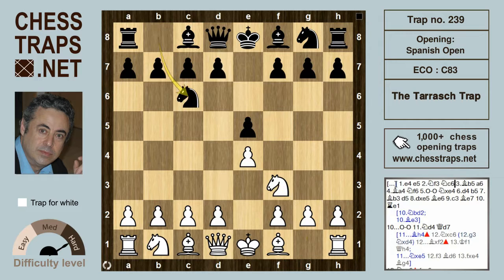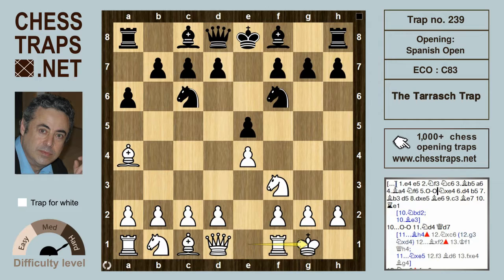e4, e5, knight f3, knight c6, bishop b5, the Spanish, and a6, bishop a4, and knight f6. After white castles, black can play the closed variation with bishop e7, but more dynamic is the open variation with knight takes e4. Instead of the obvious looking rook e1, d4 is preferred at top level chess, and after b5,